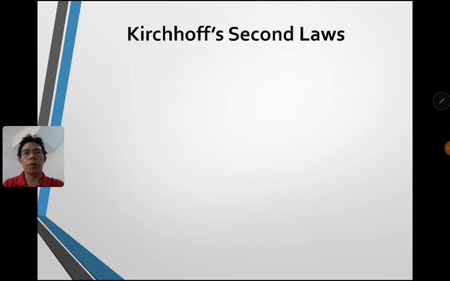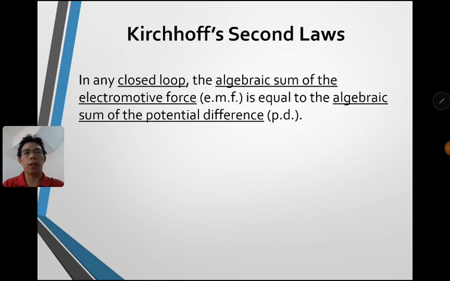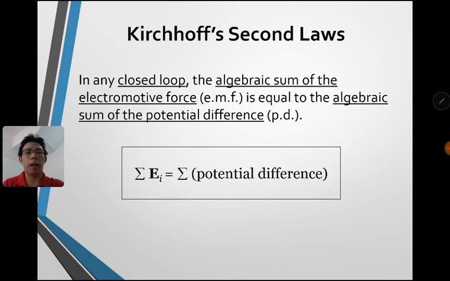Alright, so we move on to Kirchhoff's second law. Kirchhoff's second law says that in any closed loop, in the sense that the circuit is closed with no open junction, the algebraic sum of the EMF is equal to the algebraic sum of the PD. Algebraic here means that it is sign sensitive. So sometimes it's positive and sometimes it's negative. So we have total EMF